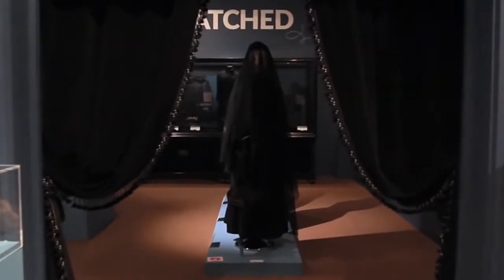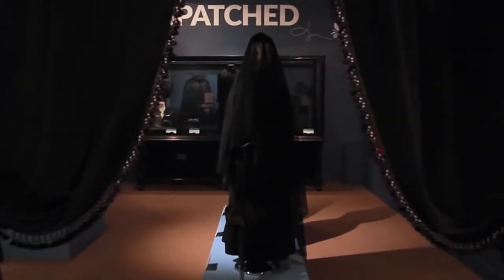So finally, visitors go through to the dispatched room, and this is where we have a display of mourning wear and mourning quilts. One of the most moving pieces in the collection is in our dispatched room, and it's quite an unassuming piece. It's an embroidered tablecloth that's covered in signatures, and it was made by Helen Slater, and during